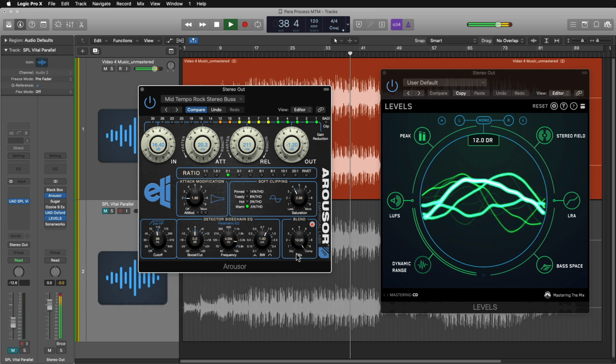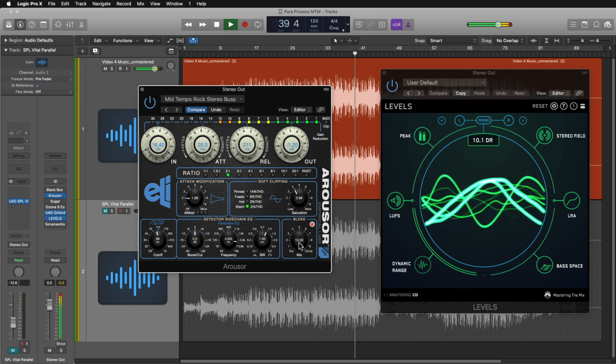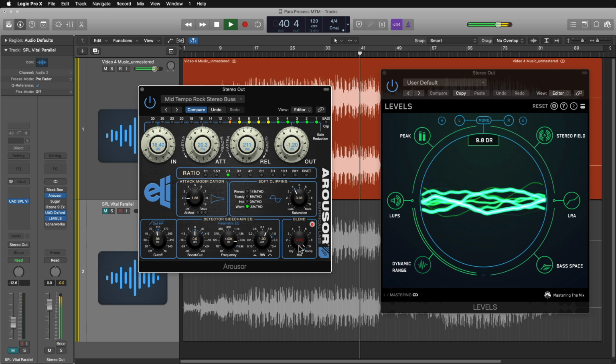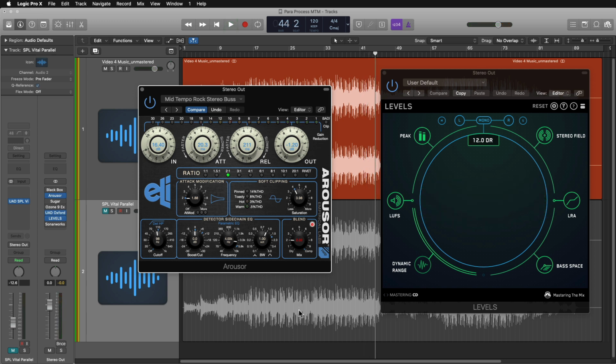So this is a pretty serious compression setting. Even though we're at 2:1 ratio, you were seeing 16 to 18 dB of reduction there. The soft clipping is turned up and we're getting quite a lot of saturation introduced into the signal. But at 18 to 20%, I really love the sound of it. The simple wet-dry mix in these plugins is great, and it essentially offers you parallel processing right there on one